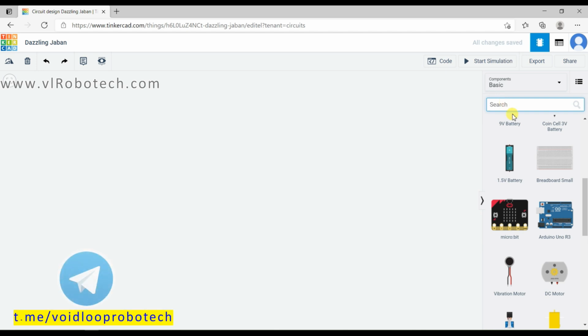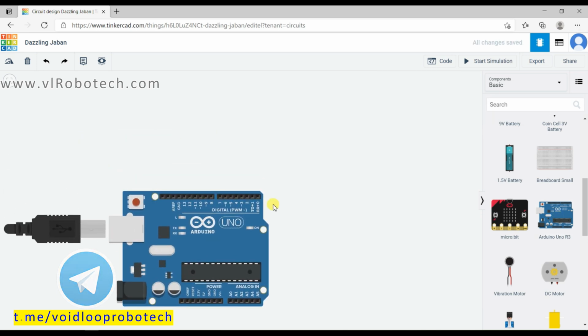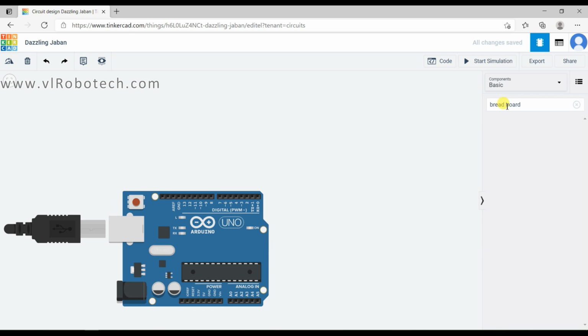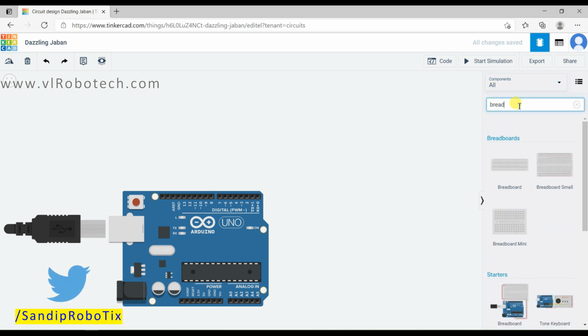So first of all I will take Arduino Uno. Okay, one breadboard. Click on all components, then search. This is breadboard.